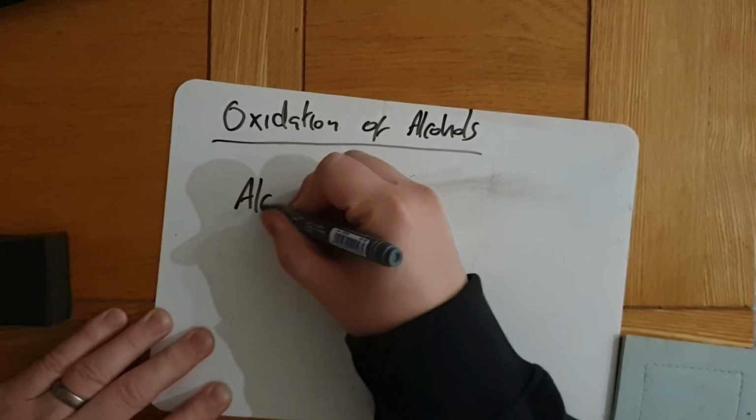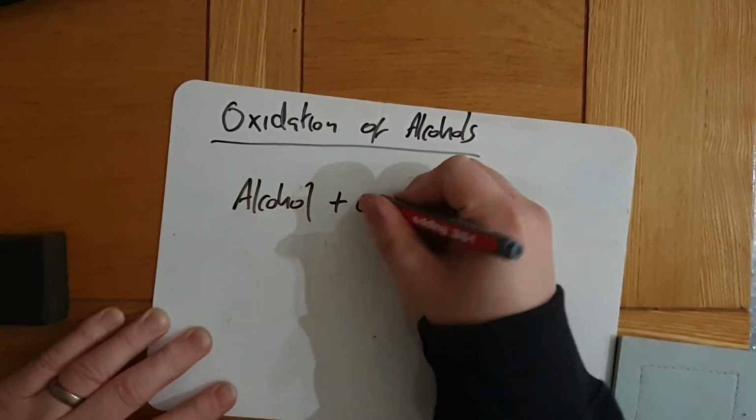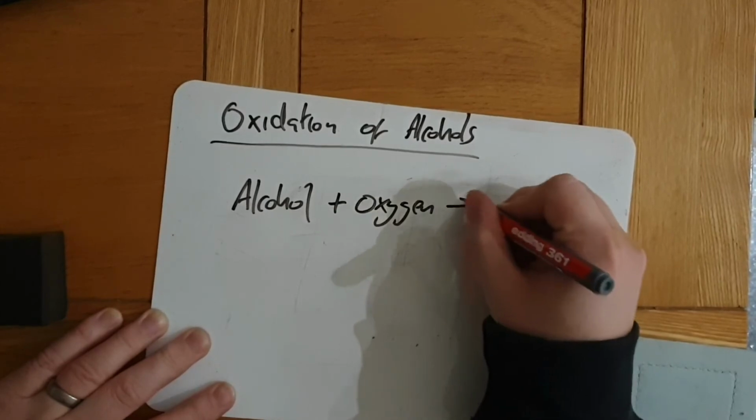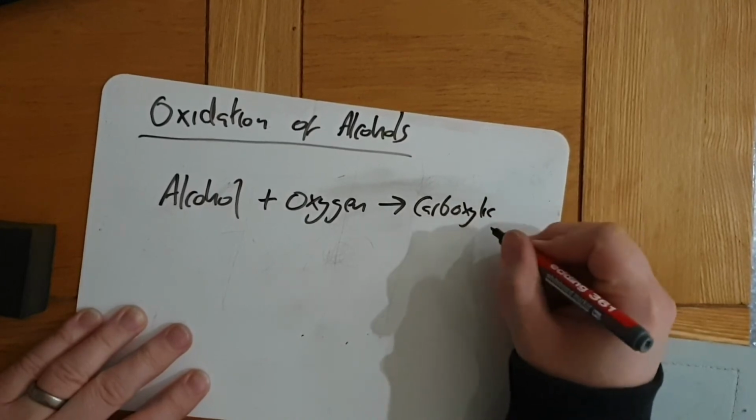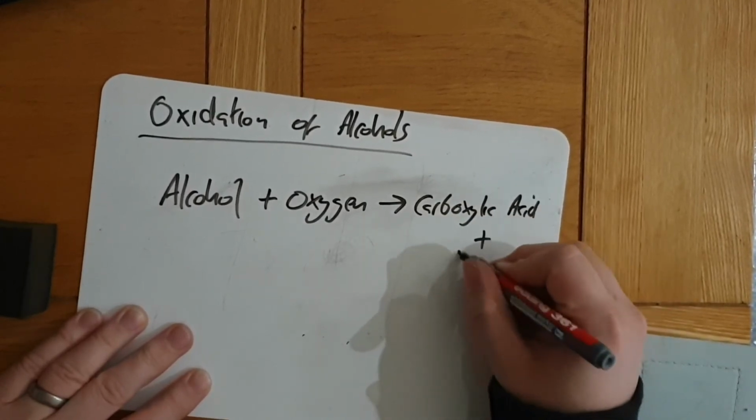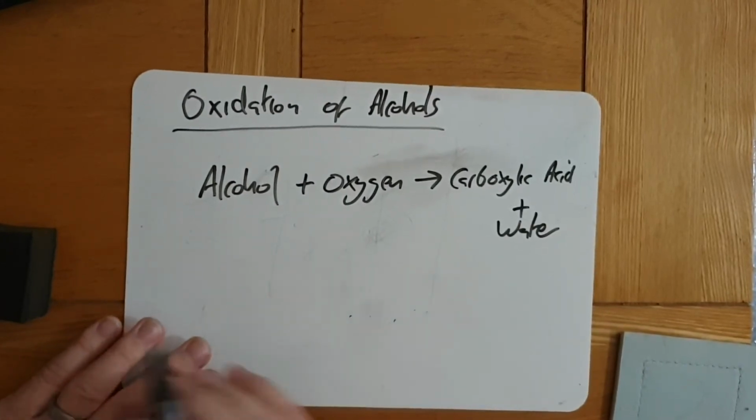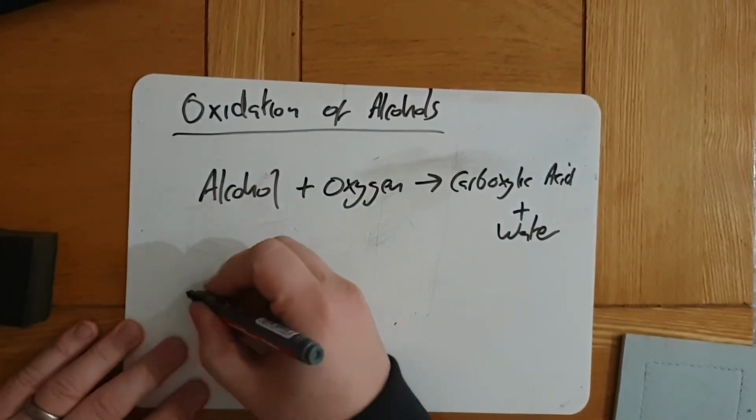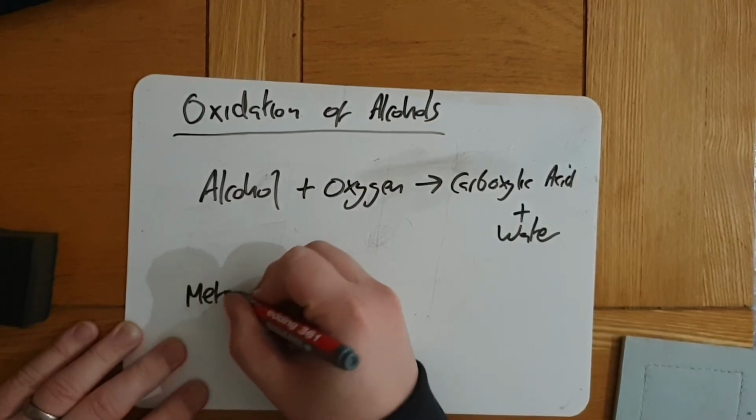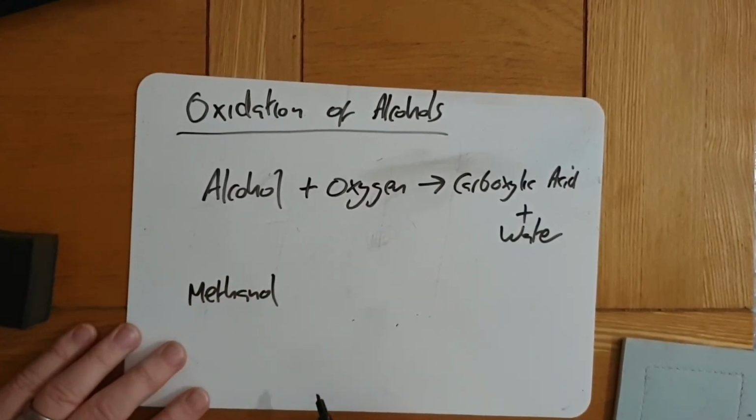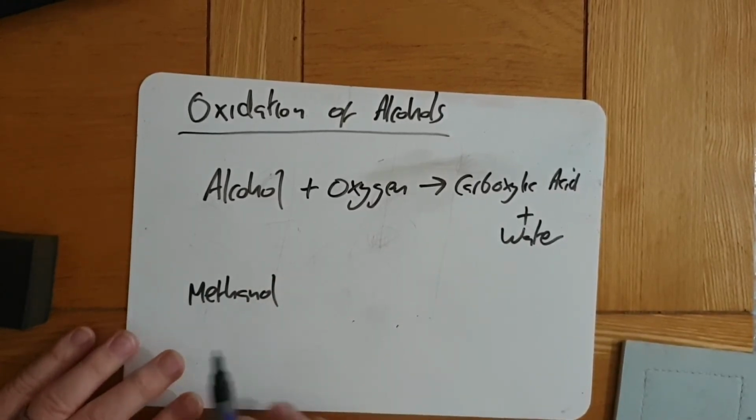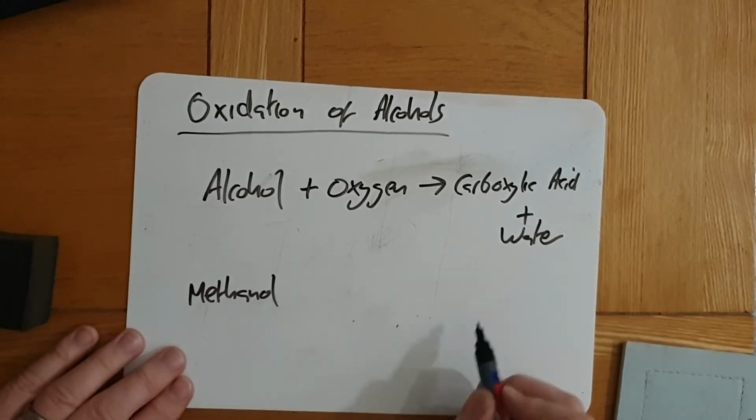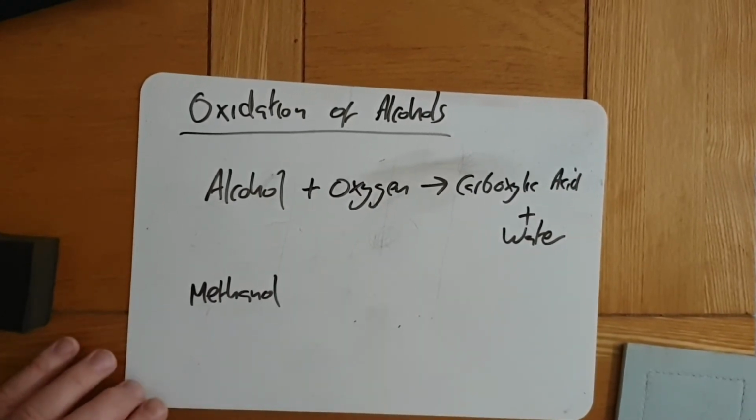So oxidation of alcohols, you get alcohol plus oxygen and it turns into carboxylic acid and water. So I've just drawn that for ethanol. I'd like you to have a go at doing that for methanol. So methanol plus oxygen would go to what plus water. I don't just want you to do the balanced equation. I'd like you to have a go at drawing it out as well. So if you want to pause it now, and I'll start again in 5,